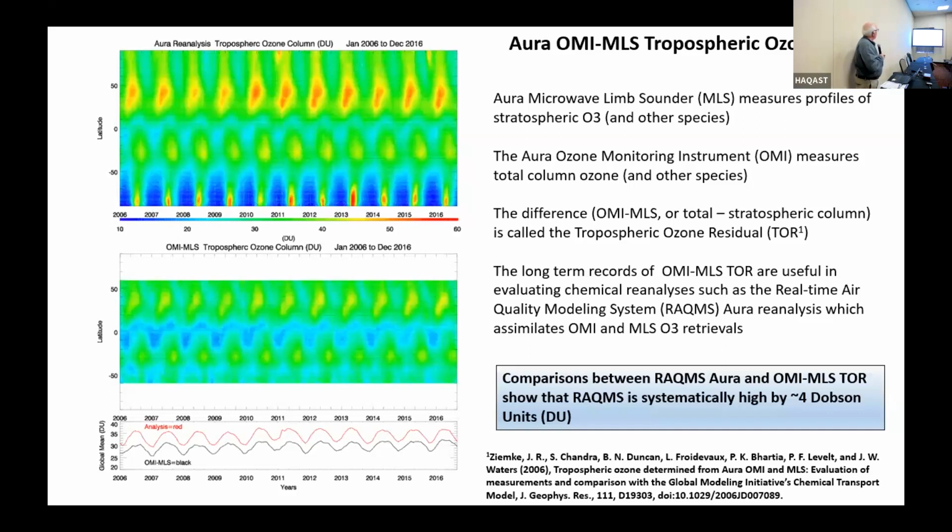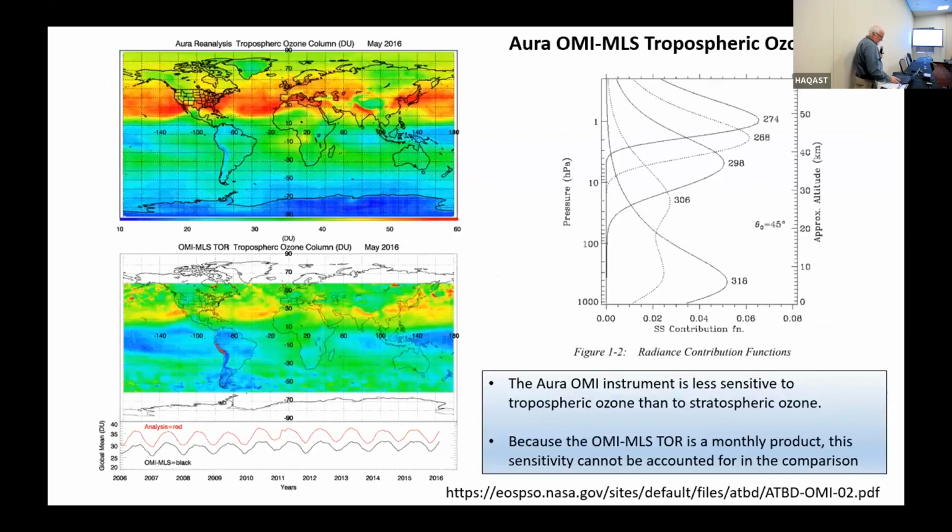Top figure is the model, bottom figure is the retrieval. And you can see clearly that the model is higher than the OMI minus MLS TOR. It's higher consistently by about 4 Dobson units, which is about 15% of that tropospheric column. So that tells us something using these measurements about our potential biases in our model. However,